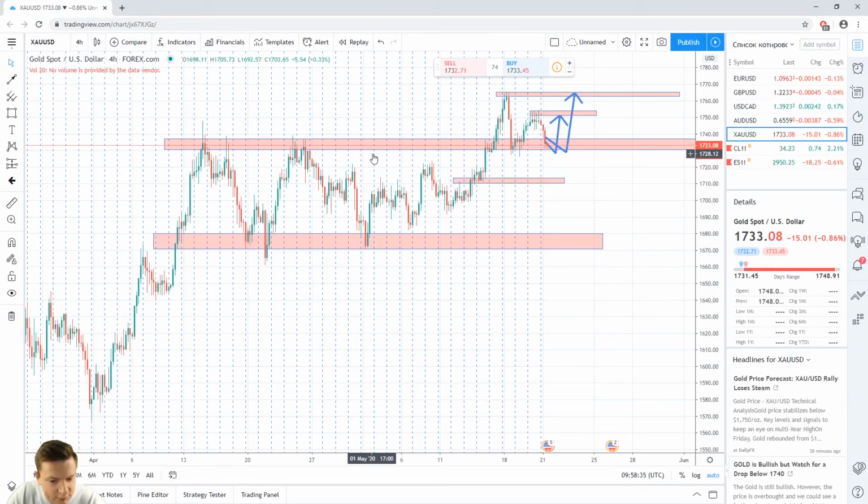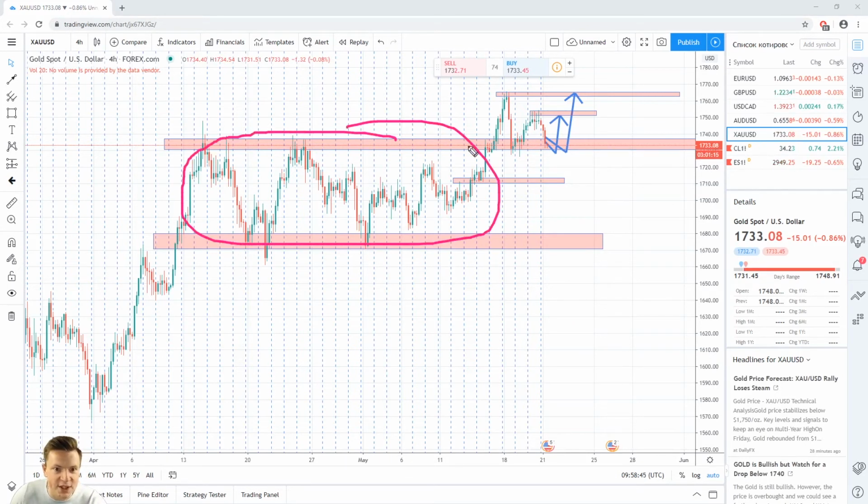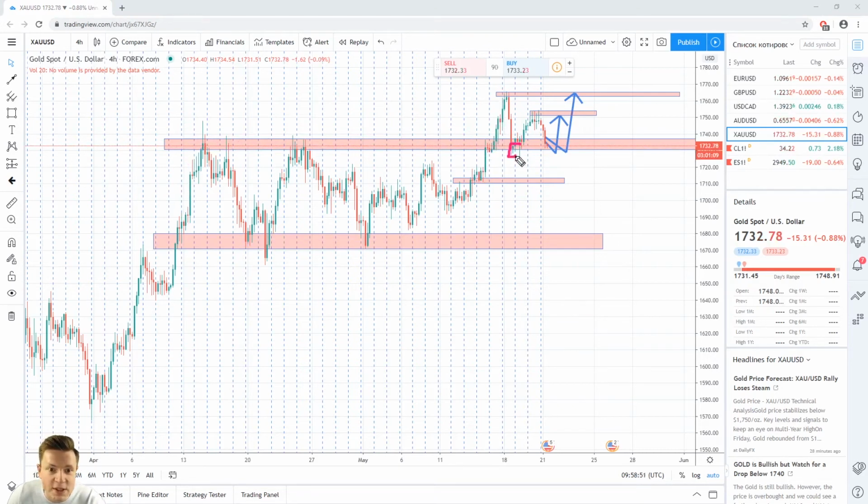Gold, as I said yesterday, and as I said the day before yesterday, I'm pretty bullish on gold. And as you can see here, price stayed a long period of time in a big consolidation, then formed a breakout of this consolidation that is impulsive. Right now price tests this level for the second time. That's why I expect the price to form